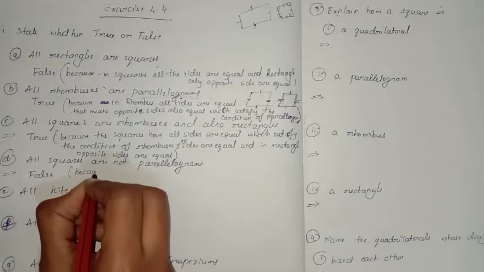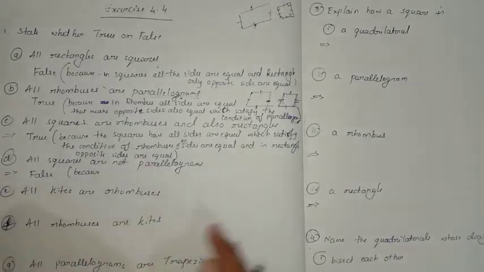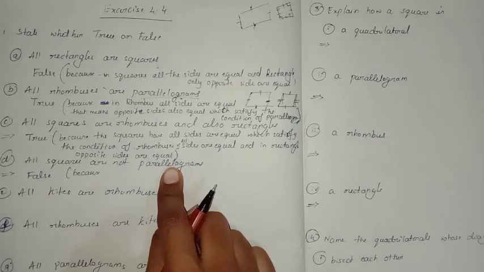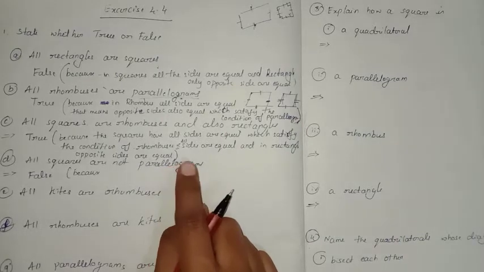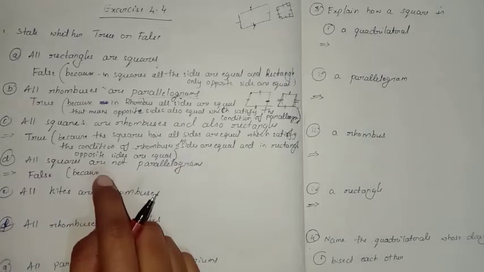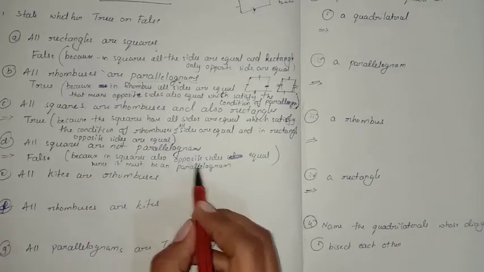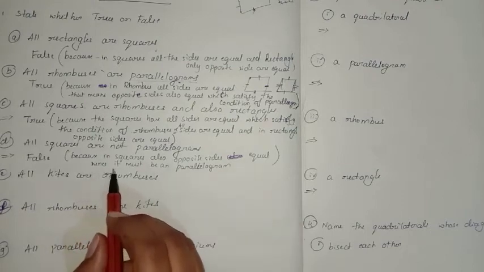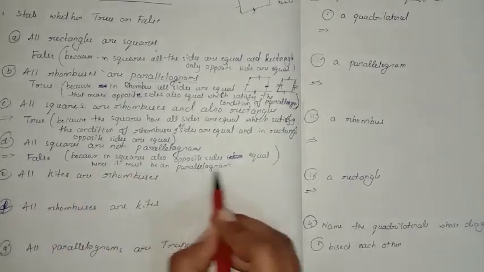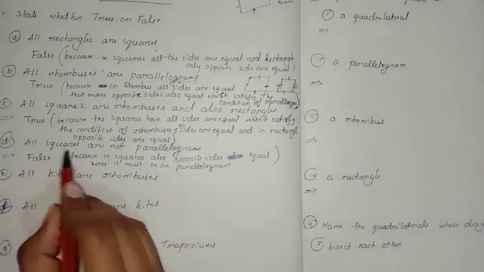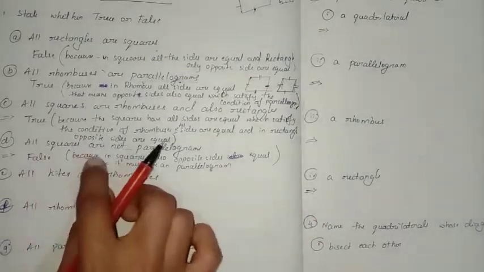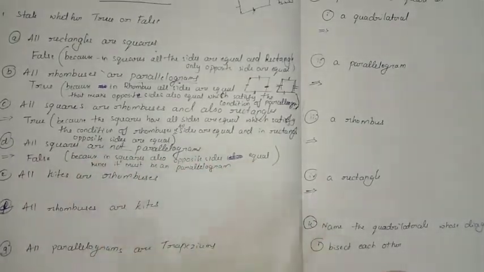because in squares all the sides are equal, and what is the condition for parallelogram? The opposite sides must be equal. On the basis of that we can say all squares are parallelograms. The reason I wrote is that in squares all opposite sides are equal, hence it must be a parallelogram. So I have compared the square with a parallelogram here. As the statement they have given is "are not parallelogram", it must be parallelogram. If the question is given like all squares are parallelograms, then you have to say yes, it is true.